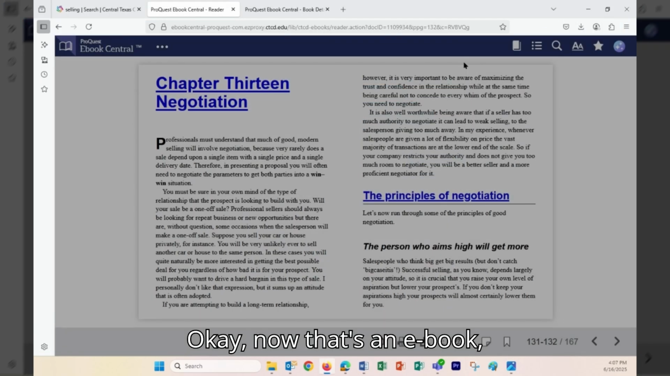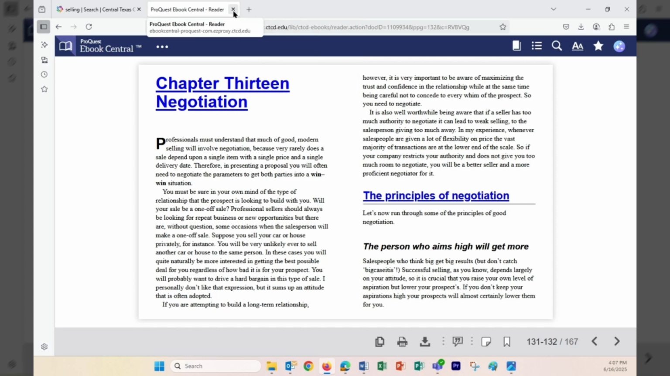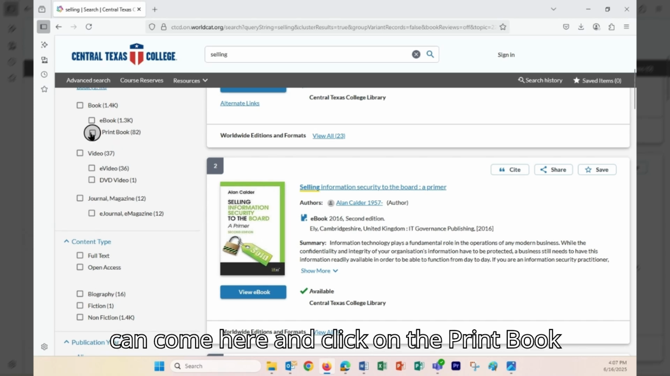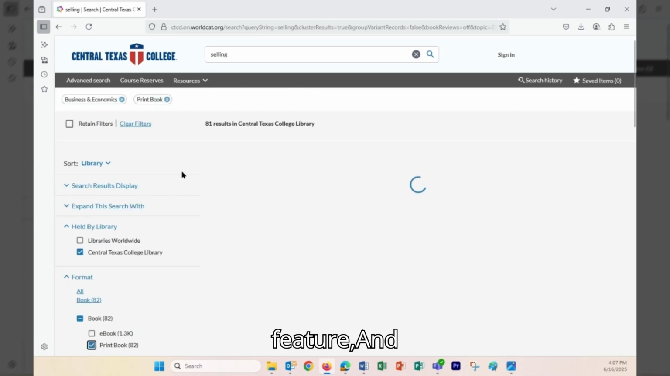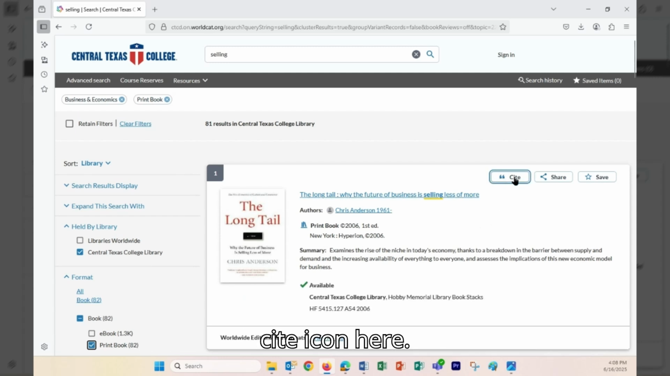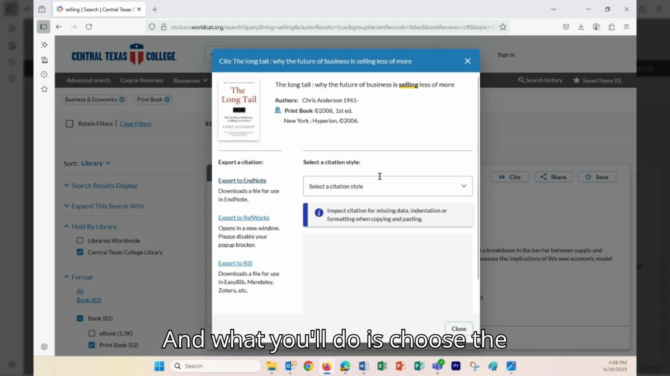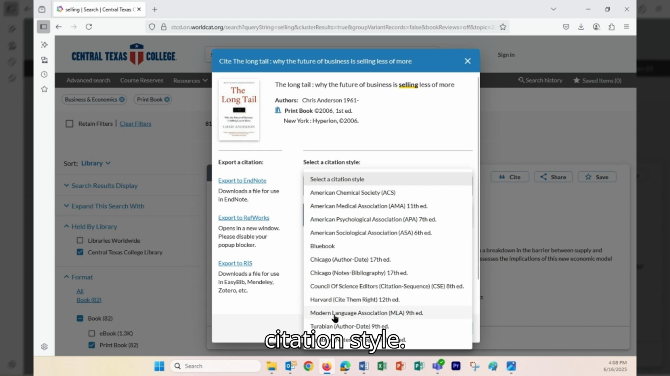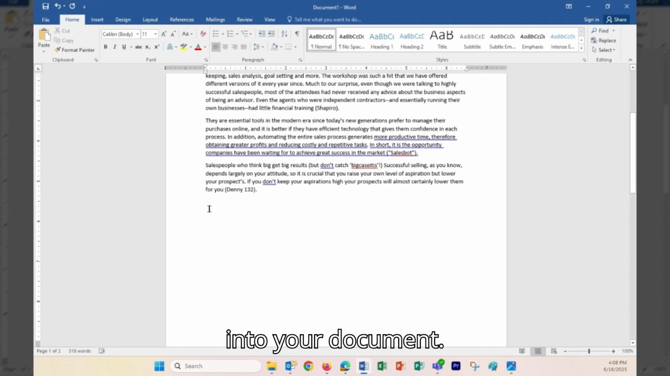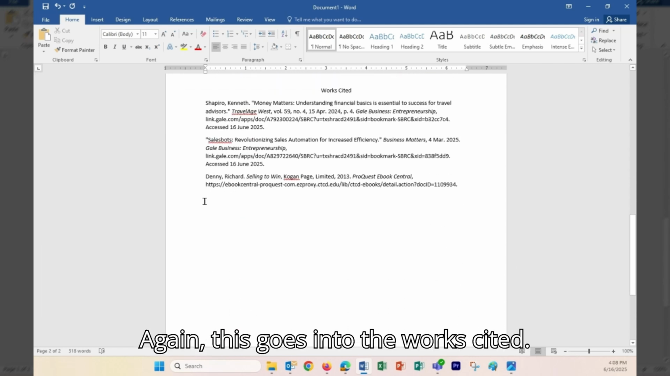Okay, now that's an ebook. And it looks like they've upgraded their stuff. If I just want print books, I can come here and click on the print book feature. And you'll notice for print books, I have a cite icon here. For print books only, use the cite feature. And what you'll do is choose the citation style, and then you can just copy that information into your document. Again, this goes into the works cited